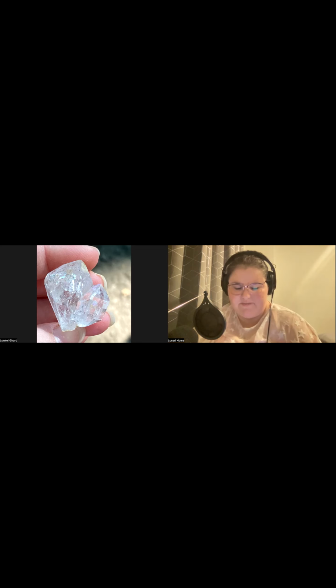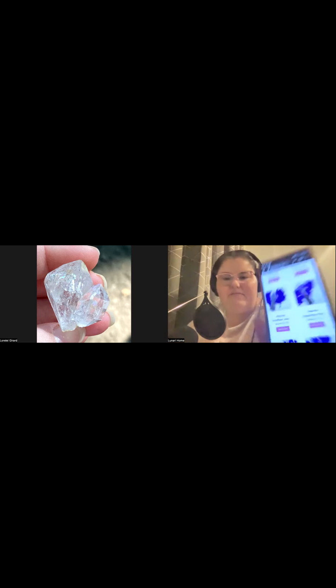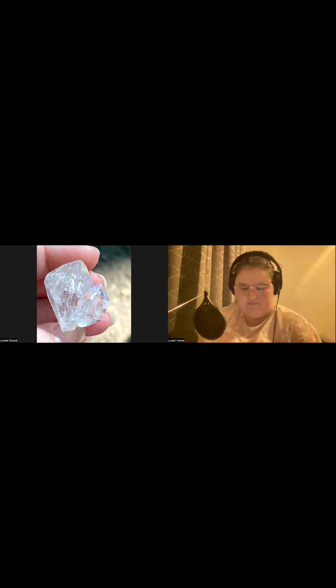Anyway, moving on. What other jaspers are there? There's Imperial Jasper, which I'm not very familiar with. I don't think I've heard of that one. I think it's kind of a light green colored jasper, if you want to look it up. We also have Mexican snowflake jasper. I'm still not entirely sure about that one.